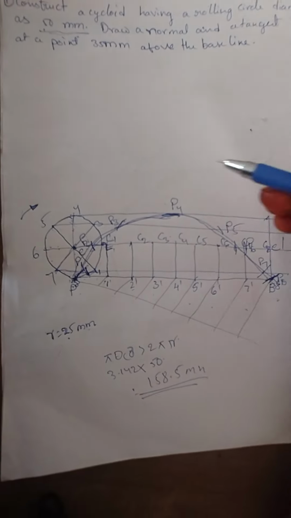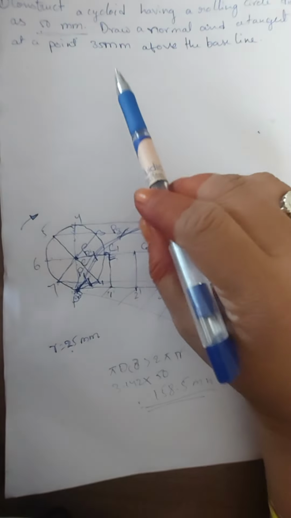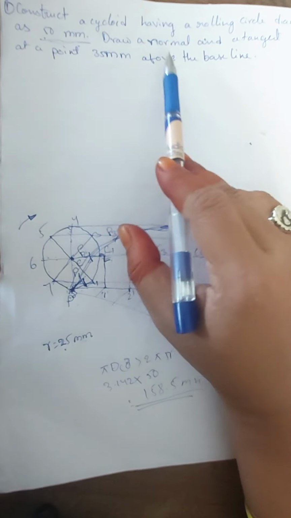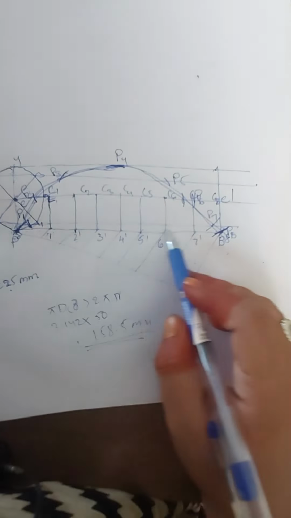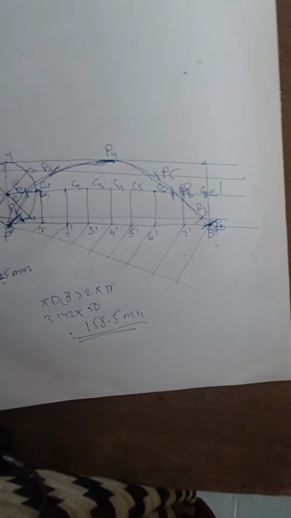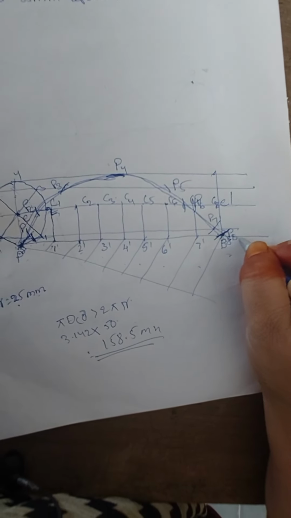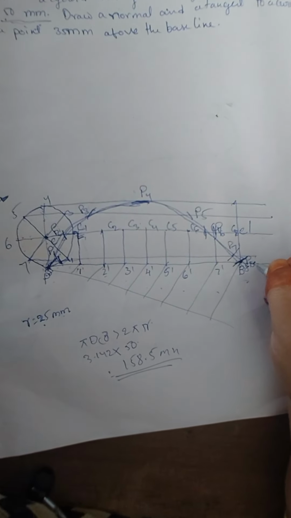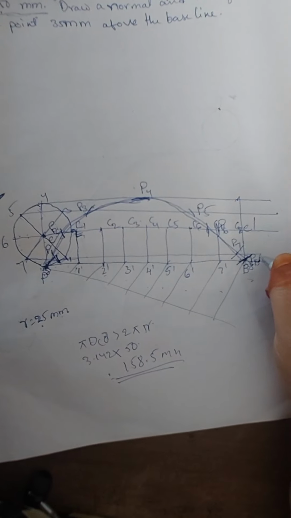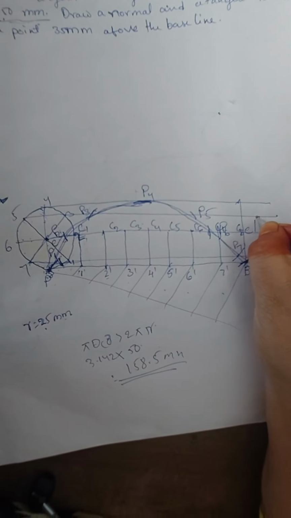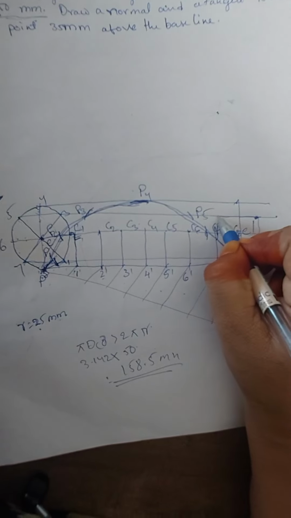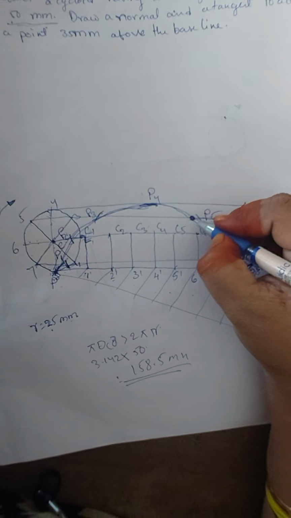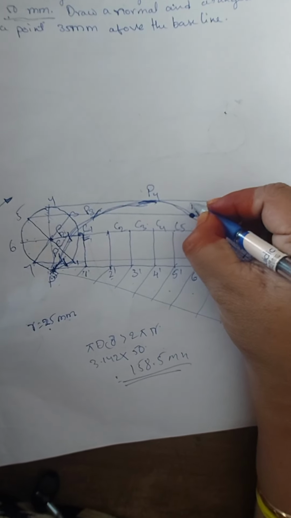And next, this is a cycloidal curve, and in the question we are asked to draw the tangent and normal to the curve at a point 35 mm above the baseline. Here PB is the baseline, so extend this baseline to some length, and from this point take the vertical distance of 35 mm, which is given in the question. Extend this 35 mm point onto the curve. Thus 35 mm intersects the curve at a particular point,